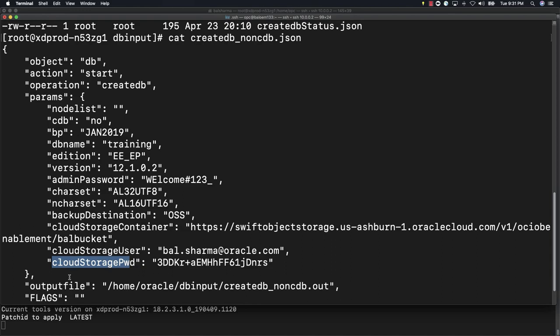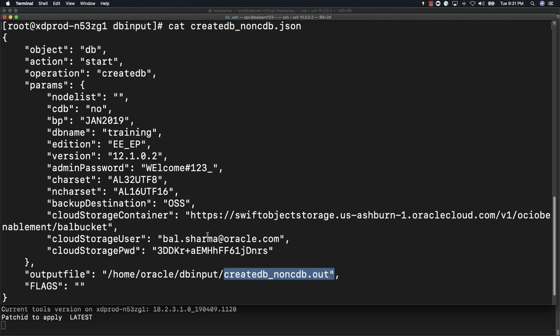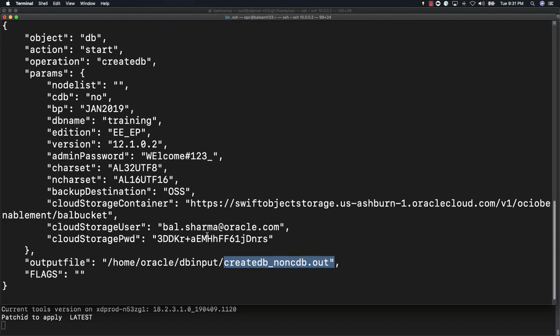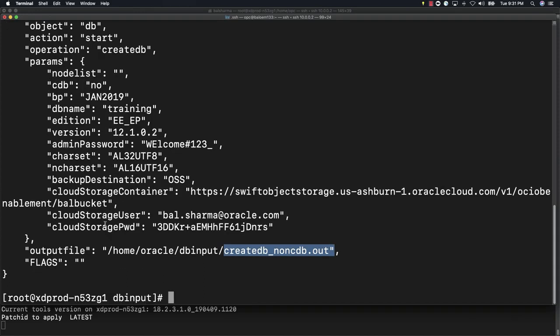Then at the end, I'm specifying the output file from this command, and this file is going to be under the same directory with the name createdb_non-cdb.out. So this was the first step of creating this input file. You will have to make sure that there are no syntactical errors, so the colon and the key value pairs are correctly specified in this, and then we can go ahead and run this command. So for doing that,